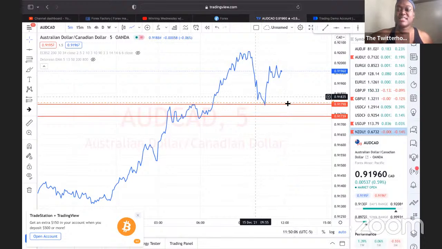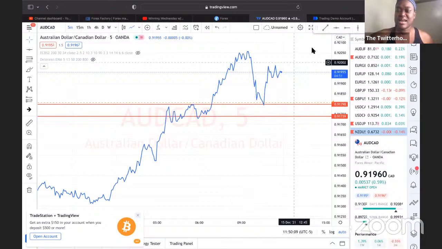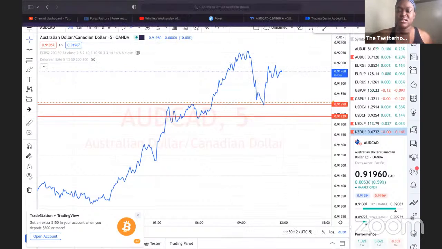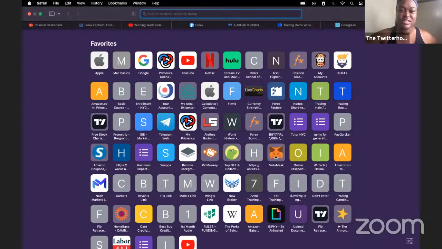But the next thing I want to talk about is having a trading plan. Now, anything you want to do, and I'll use the doctor again, you have to have a plan. You can't just wake up one day and decide you're going to be a doctor and that's it. There are steps you need to take. So you have to plot what you're going to do in order to get there, the length of time for school and whatnot.